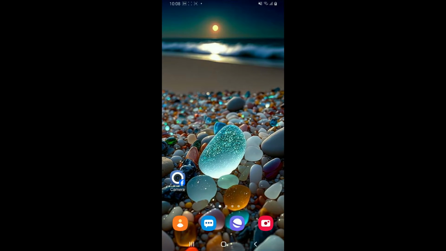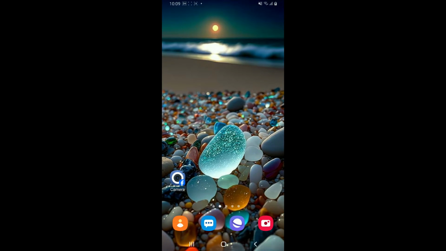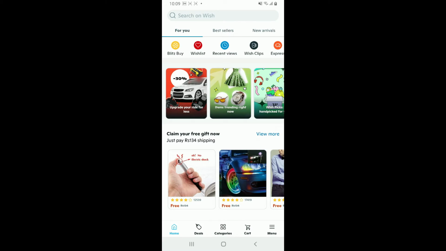In this episode, we will be learning how to log out of your Wish application. To log out of your Wish application, the first thing you'll need to do is to open the Wish app from your mobile device. If you're already signed in to the account and you'd like to log out of it,